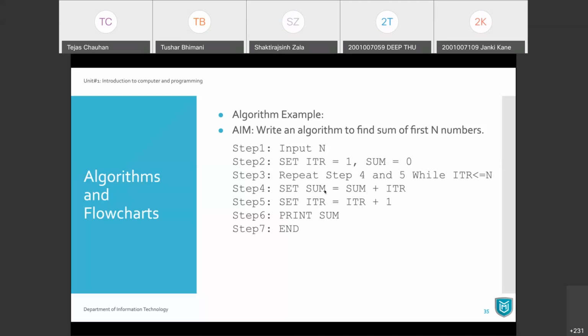And then your ITR will be incremented to 4 and so on. Now when you have 5 less than or equal to 5, 5 equals 5 is a true condition. So at that point, you are still going to execute these two steps. But when your ITR becomes 6, 6 less than or equal to 5 is false, and you will stop this iteration.